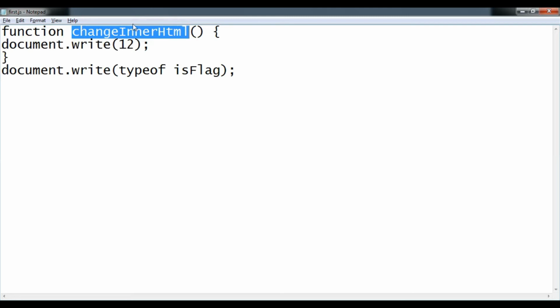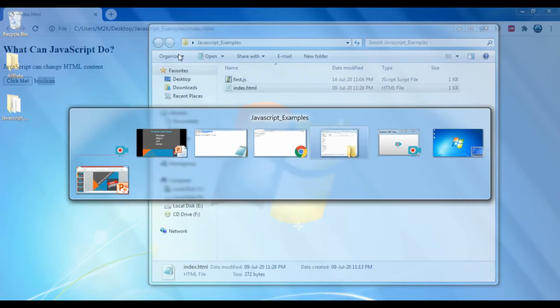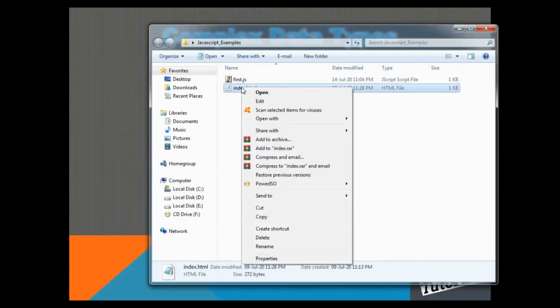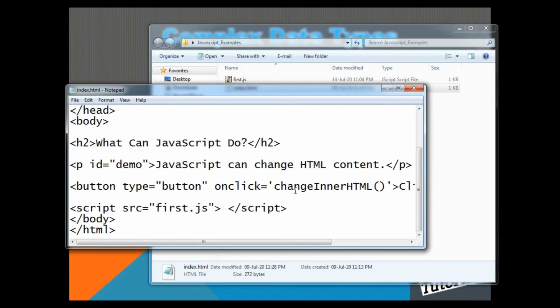So this function changeInnerHTML will be called from the click me button in the HTML file. So let me open that index.html as well, so you also remember that. Okay, so here we were calling that function whenever this button is clicked.